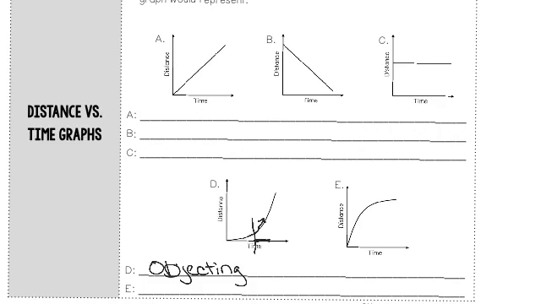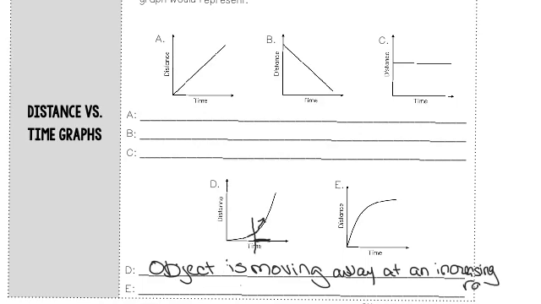So basically an object is moving away at an increasing rate. Okay, at an increasing rate. I'm sorry about my handwriting with this. Whereas the next one,